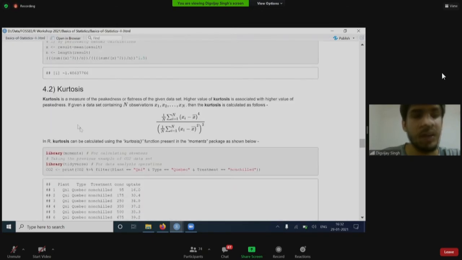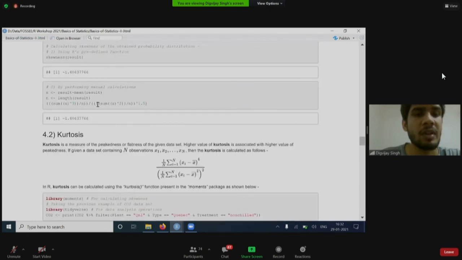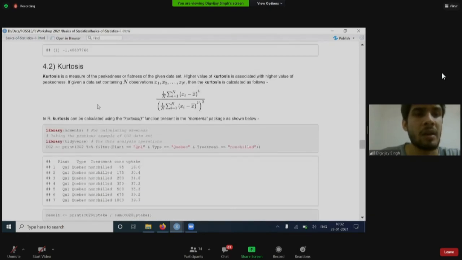Now coming to the next part, which is kurtosis. So till now we have read about the asymmetry. Now we'll measure the peakedness or flatness of a given data set. It can also be measured, and its measure is known as kurtosis. The higher the value of kurtosis, the higher the peakedness.